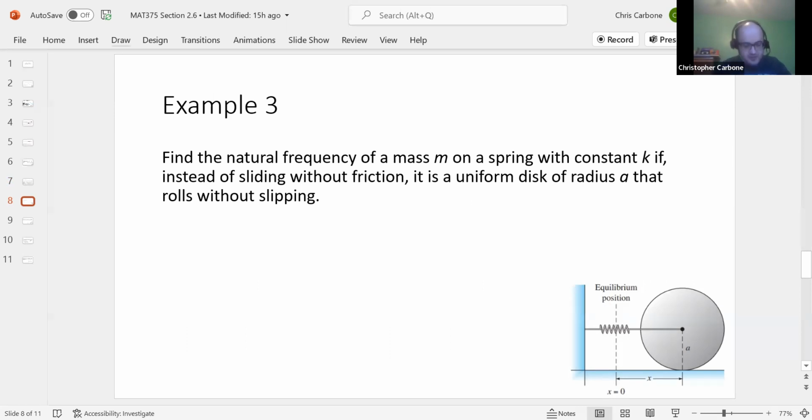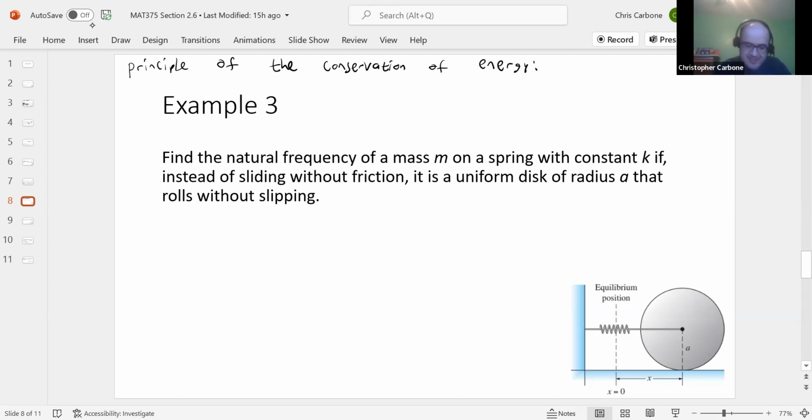So from that principle of the conservation of energy, we can write our differential equation here,